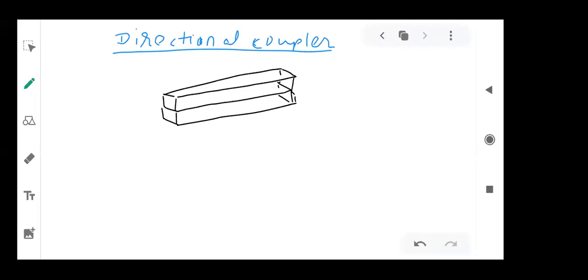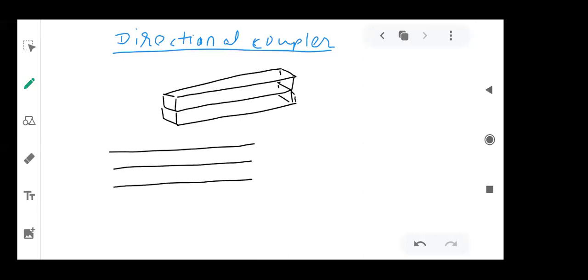Instead of referring to the 3D structure, I will be referring to 2D. So it will be like this: the top layer, then the middle one, which is shared by both the waveguides, and the bottom one, like this. Since there are 4 apertures, this is the first one, second one, then third one, and this is the fourth one. So I will separate them. The physical structure in the actual world is something like this, because you have to operate each port separately, and we must maintain some physical distance also.